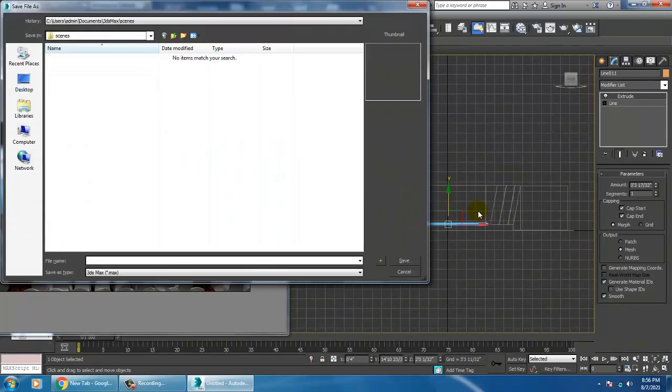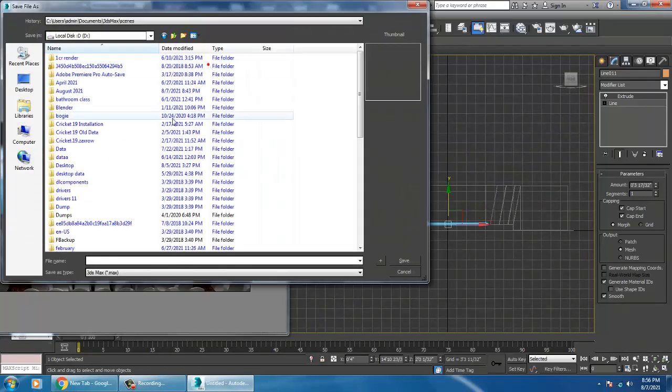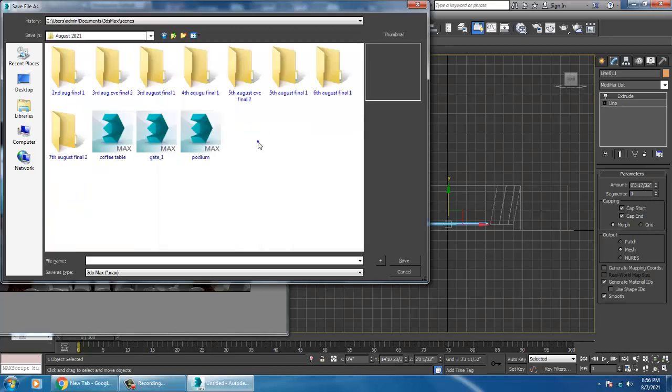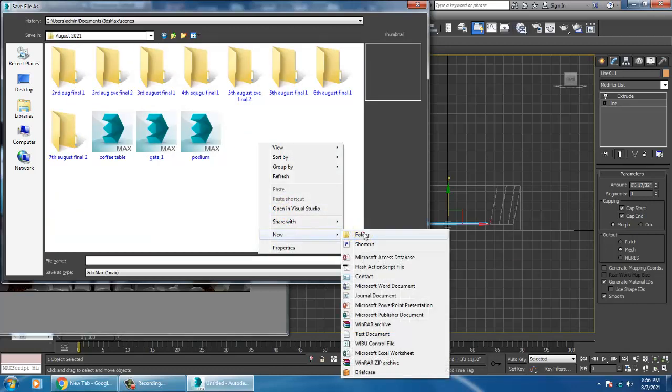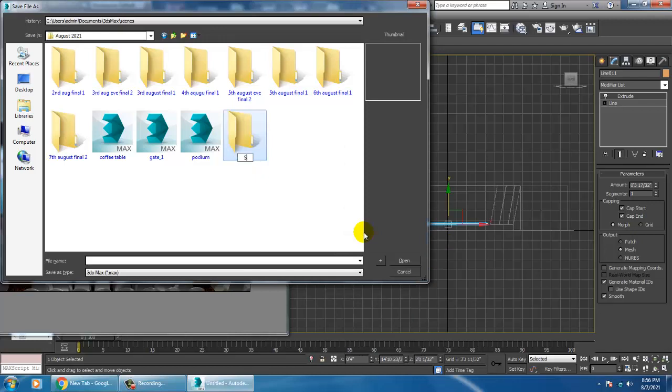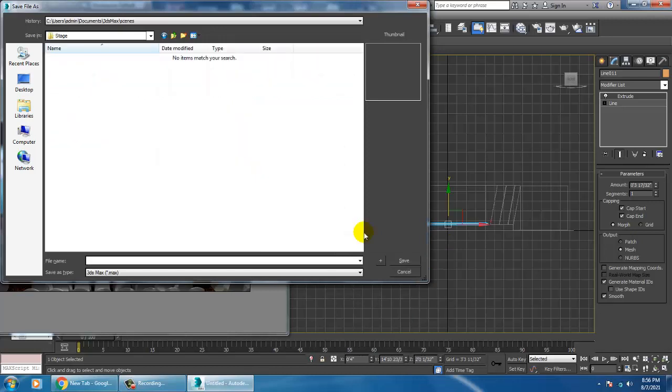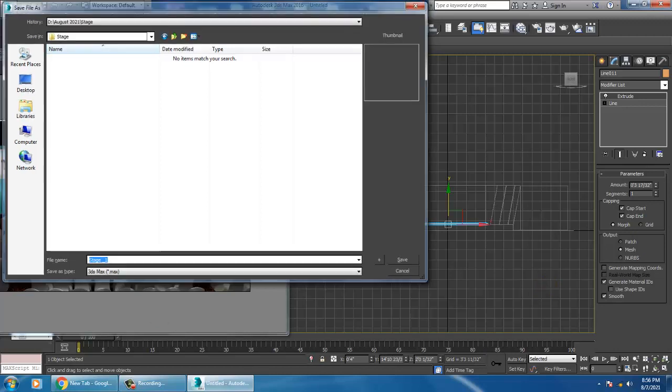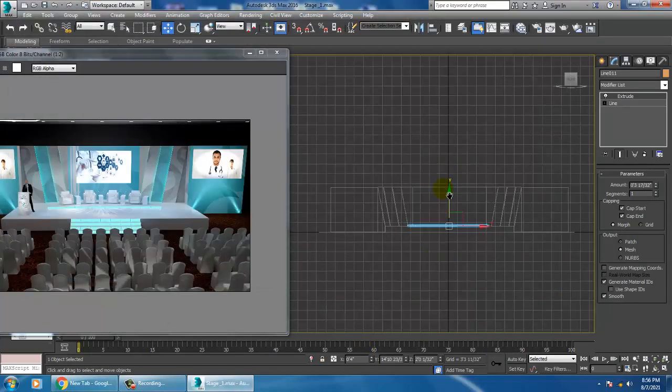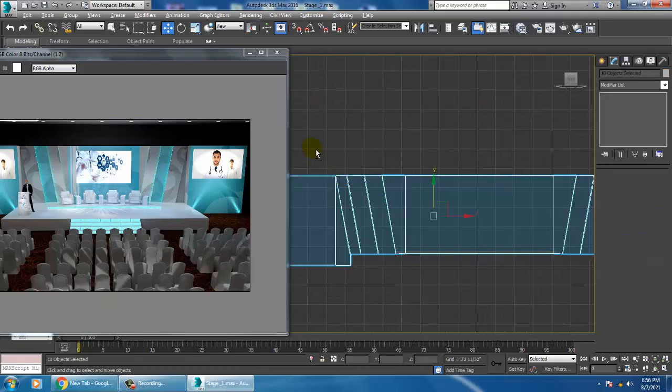Let's just save this file first. I'll go into the folder, I'll make a new folder, that's your conference stage. So, the rest of the elements.